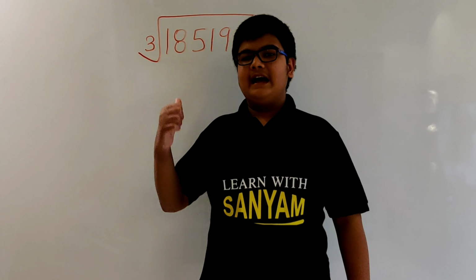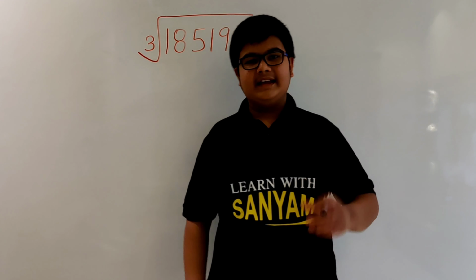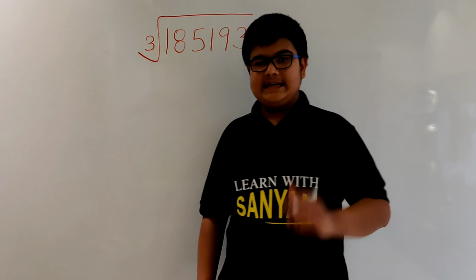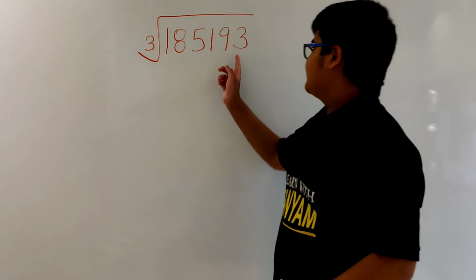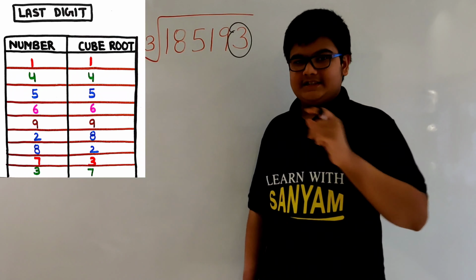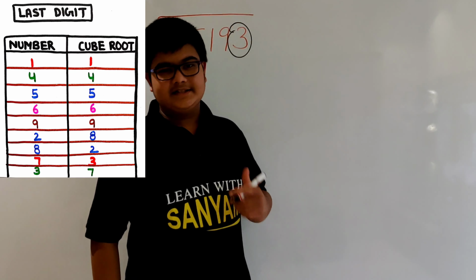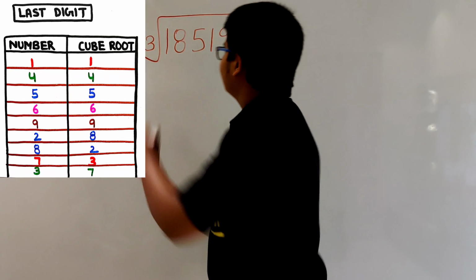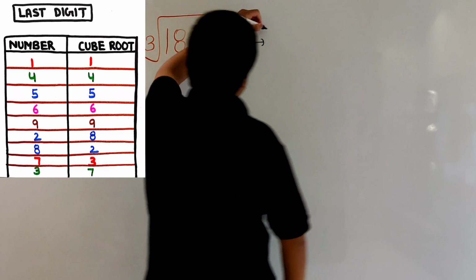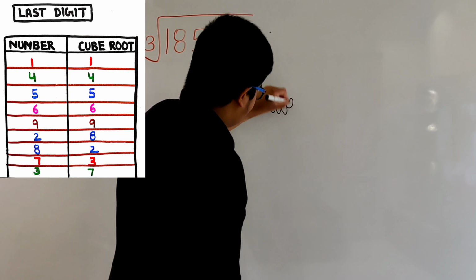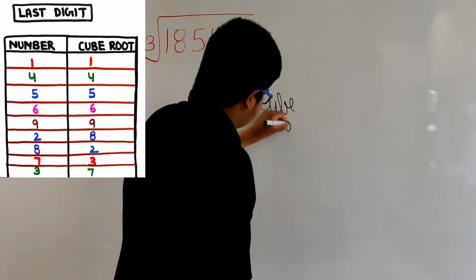So now here we have a 6-digit number, and we will again solve the cube root very easily. Now again following the steps. Step 1, see the last digit of this number. The last digit is 3. So if it is 3 of the number, then what will be the last digit of our cube root? That will be 7. So here I am writing the cube root. So the last digit of the cube root will be 7.